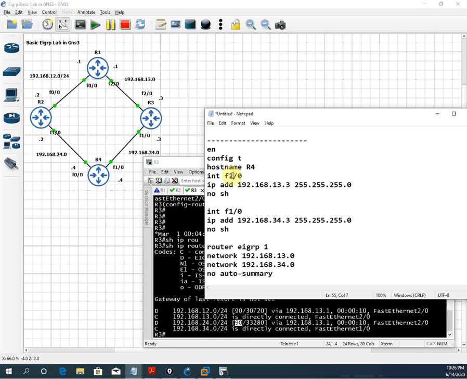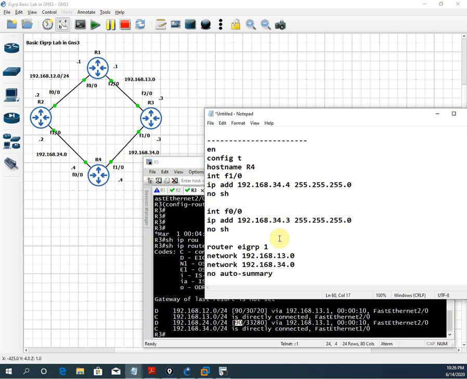Let me make this F1/0. What IP does this interface have? 192.168.34.4. So this should be 34.4, on F1/0.